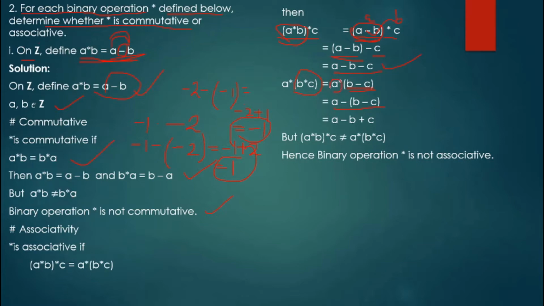Again, this is A and this whole thing is B. So again we apply according to the question. It is defined as A star B is equal to A minus B. So A itself, then minus, what is B? B minus C, this whole thing. So A minus (B minus C). When you remove the bracket, A minus, it becomes plus, that is positive. So you get A minus B plus C. Is this whole thing equal to this one? No. So (A star B) star C is not equal to A star (B star C). So here our binary operation is not associative.